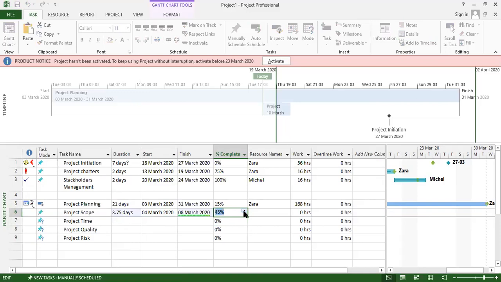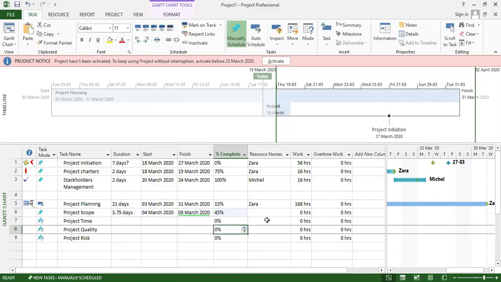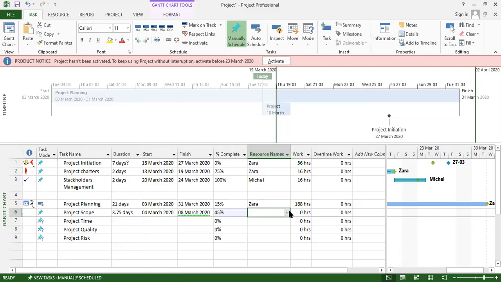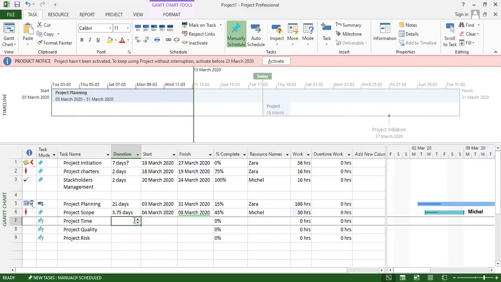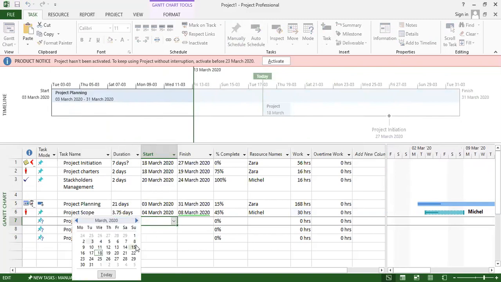You have completed this task 45%. Michael performed this particular task for 30 hours, because you have the same working hours, same time. So this is just shown to you. Okay. Same things you want to do here, 2 days, then 8, then we have to go for